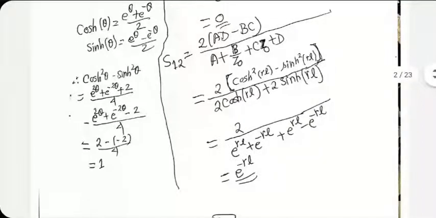Now you can break it up. The cosh gamma L formula can be written in terms of e to the power plus gamma L and e to the power minus gamma L. Sinh, same thing, sum it up. You get e to the power minus gamma L for S12. This also agrees with what we had derived earlier using the basic definitions of S parameters.